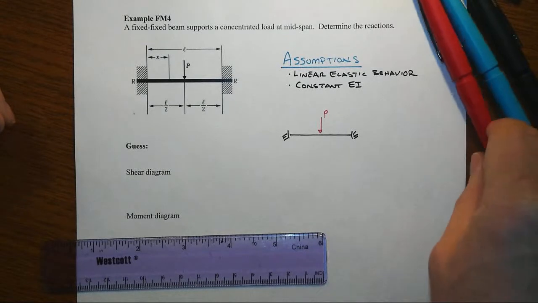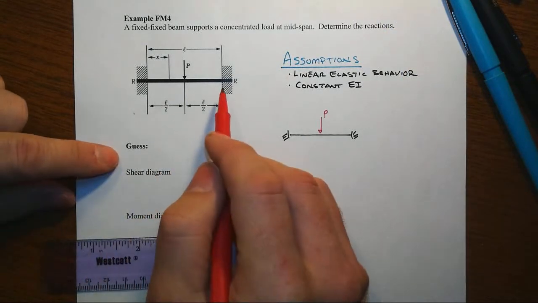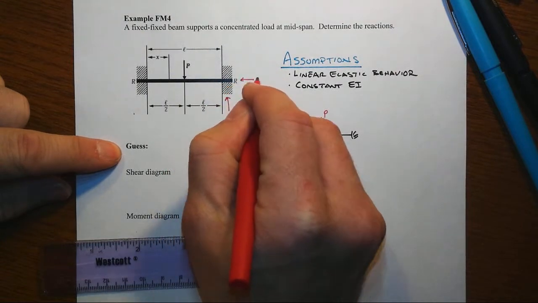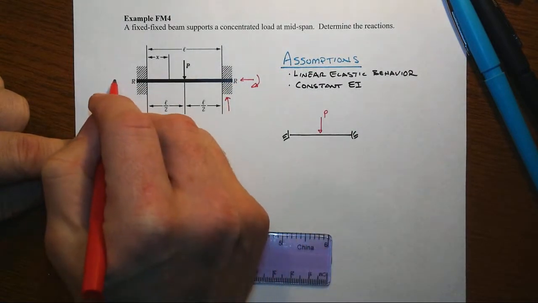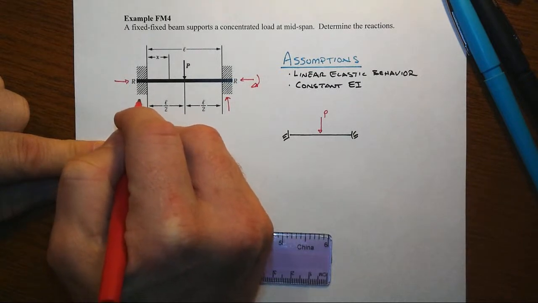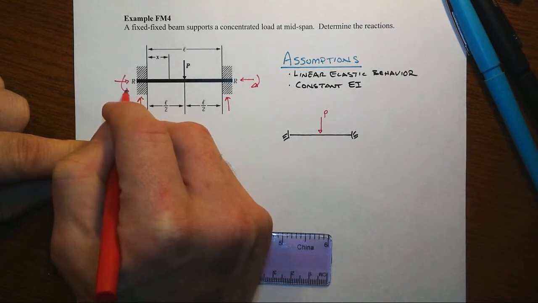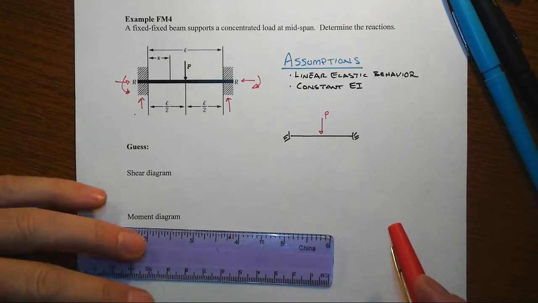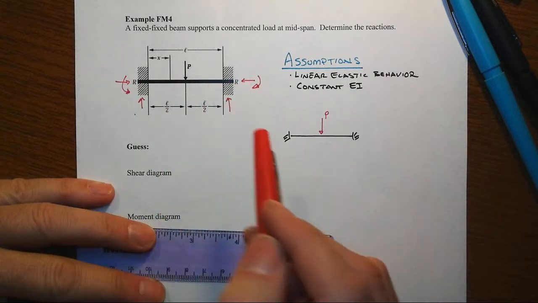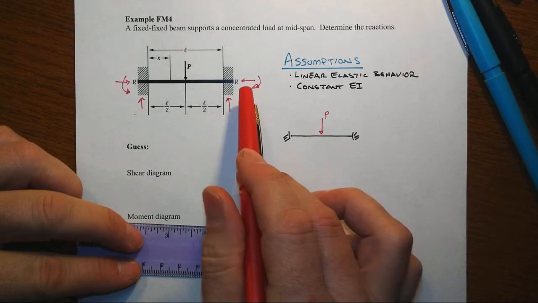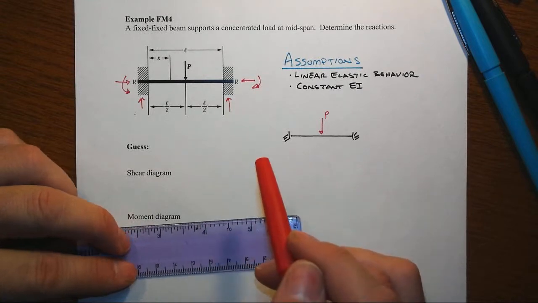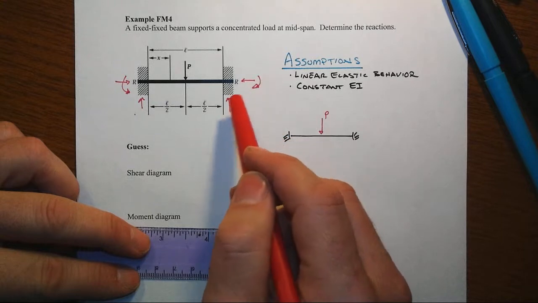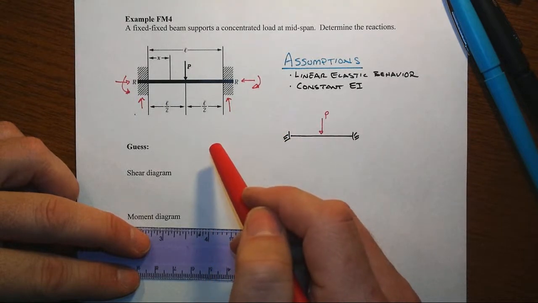In this example, we have a beam that has two fixed ends, and of course that means we have three potential reactions at each end, and that also means we end up with a situation that is statically indeterminate to the third degree. Now, since one of those is in the axial direction and that's decoupled from the shear and from the moment, then for practical purposes we can focus here on the shear reaction and the bending reaction, which means it's indeterminate